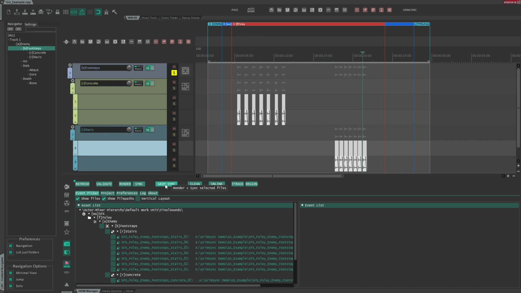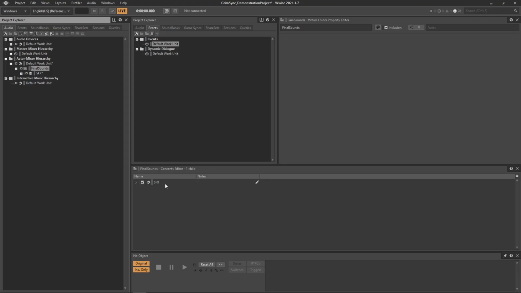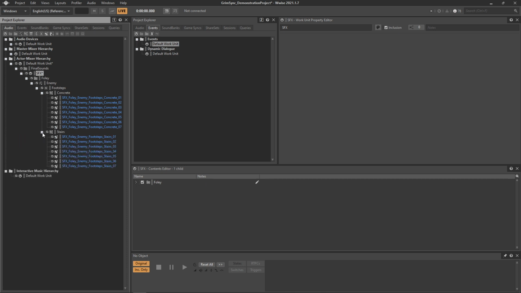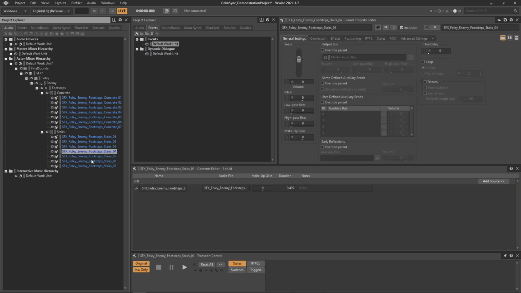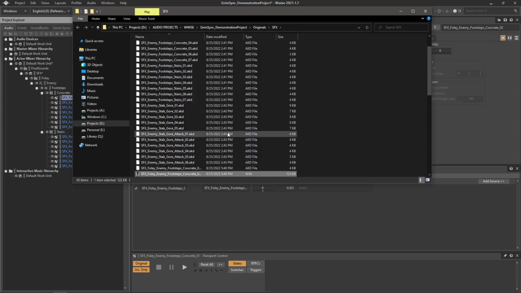And if we click GrimSync, that does the rendering and syncing at the same time, we go to Wwise, and then we can see that the work unit has been created inside the folder that we defined as a root location for importing. And over here we can see all the files. And if we right click and go to open containing folder and see where the file is, we can see that it has been created in originals